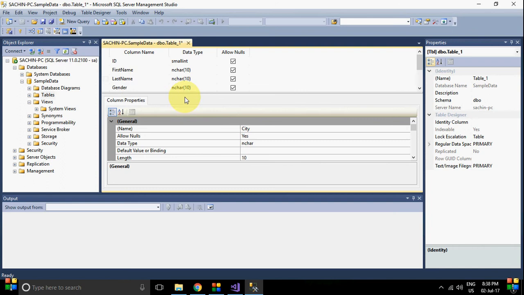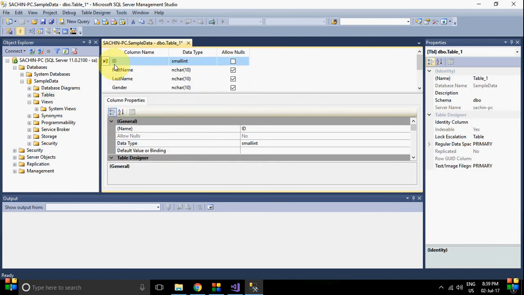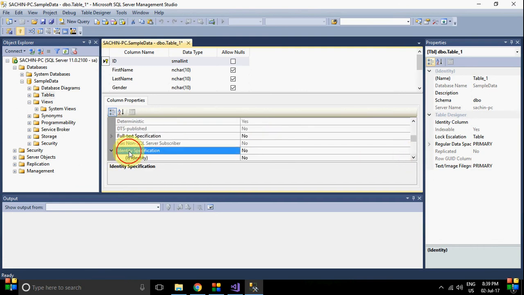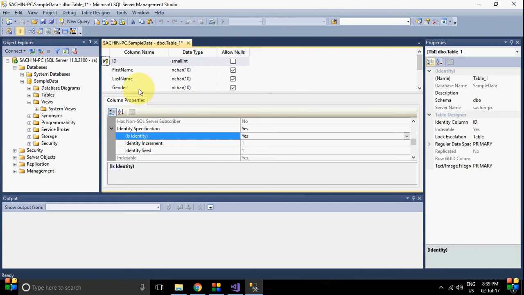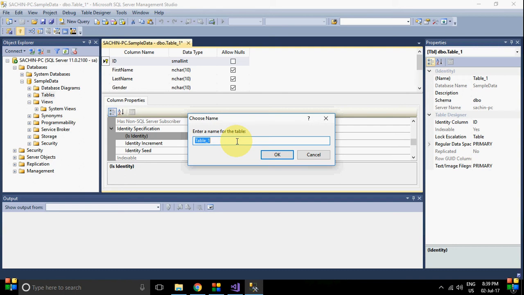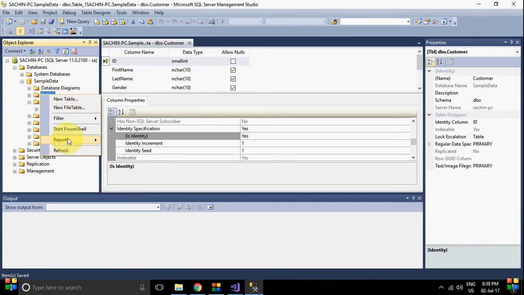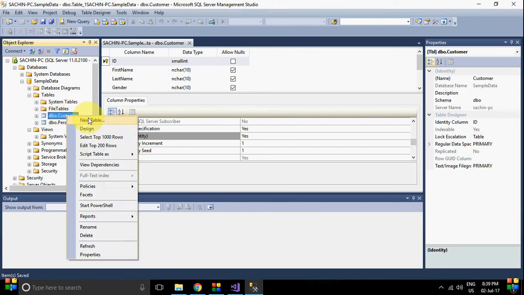Okay, and make it primary key id. And one more thing, go to the identity specification and set it to yes, so id will increment automatically. So save these changes and give your table a proper name, like customer. Click ok. So your table is created. You can see your table is here in the table customer.